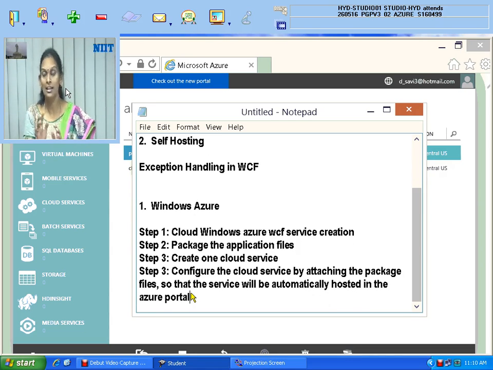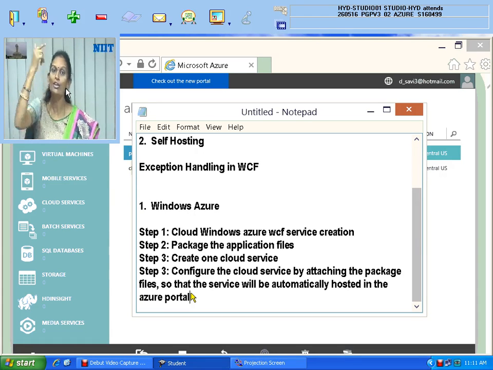So reverse, actually. Previously from the Azure portal you were creating an empty app and downloading the publish settings file that you had to attach to your local application so that it would be hosted there. But reverse now. I will create in the local computer one cloud Azure WCF service, and I will package that service file so that 2 different package files will be created in your local computer.